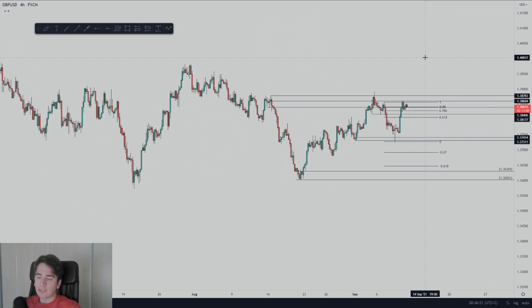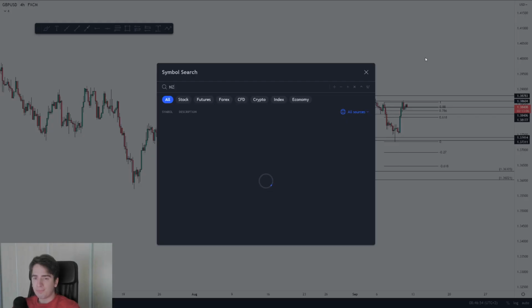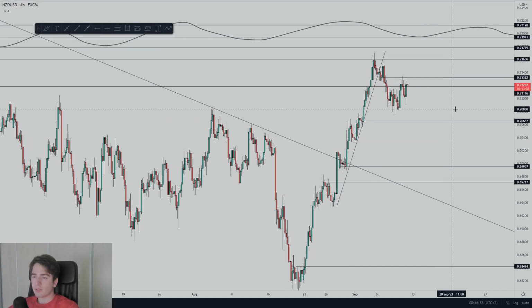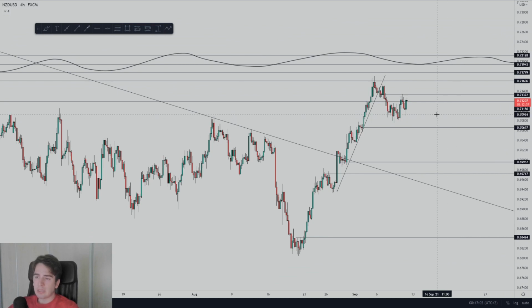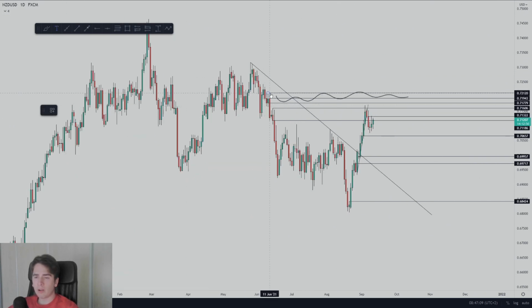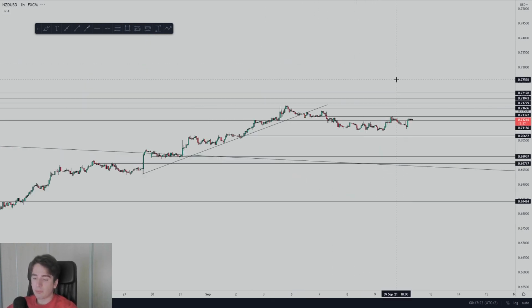So with that said, let's head over to our next pair, which is Kiwi dollar. And Kiwi dollar, guys, hit my level to absolute perfection, 0.71332. So we could start tanking from here. Looking at the daily time frame though, I would still not be surprised if we do move a little bit higher in towards that level, which I was talking about yesterday, remember? Over here at 71,943 being the ideal selling point. That would also align with the double top, and that would just be something really beautiful for me personally.